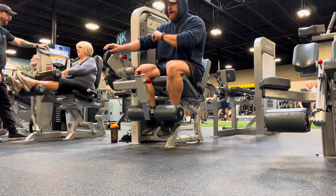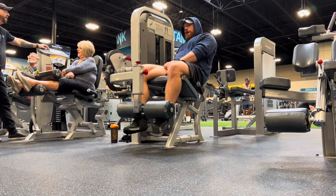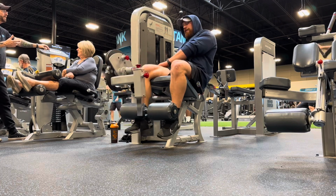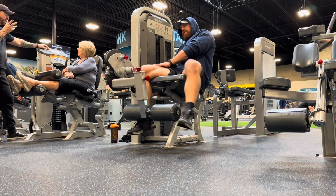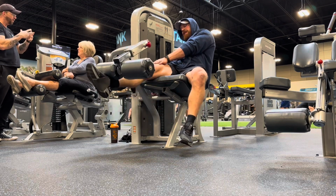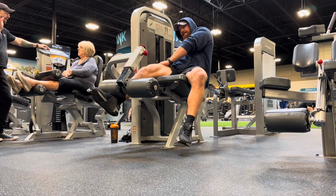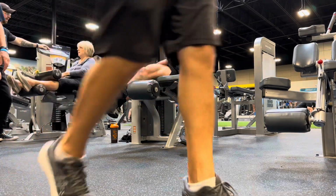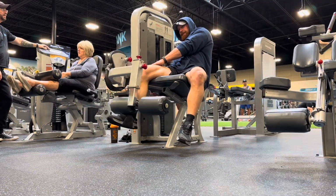So I know we're going deep in the weeds in terms of muscle building, but for most people who are doing this or looking at this from a standpoint of recovery and rehab, if you have trouble extending your leg, this is the same thing as doing a nerve floss, so to speak, right? But you're strengthening the muscle simultaneously as doing the nerve floss. So on the right leg, it can go a lot higher. There's a lot less movement, and I don't get that same